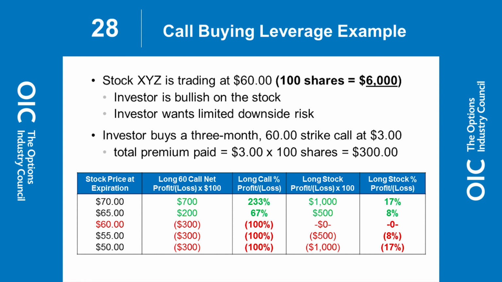I made 67% on the option versus only 8% on the stock. Look at our risk in the stock. The stock, we're risking $6,000. The option, we're only risking $300. There's a huge, huge difference. And where the leverage comes in is if we're paying $300 for that option, well, instead